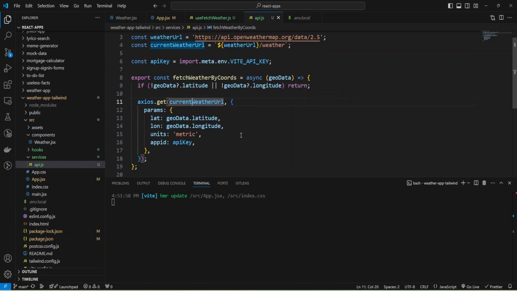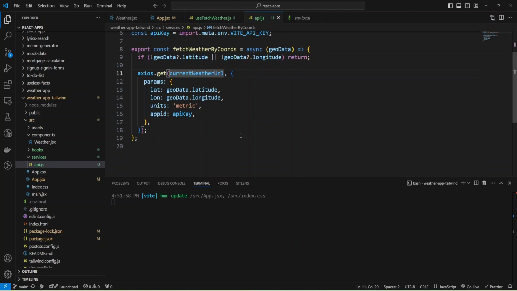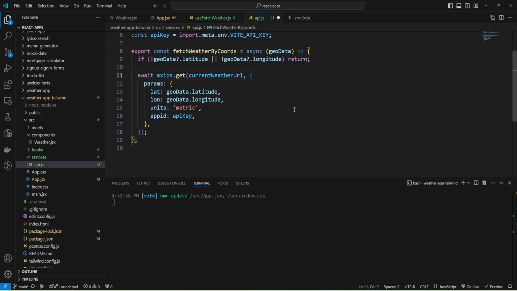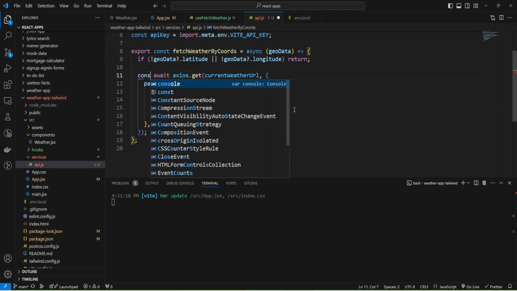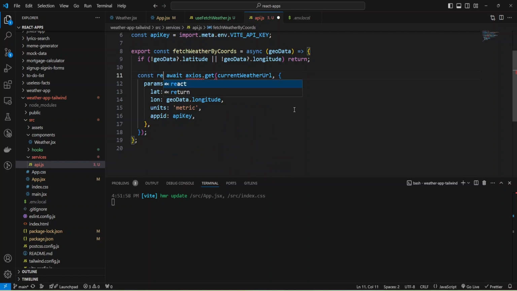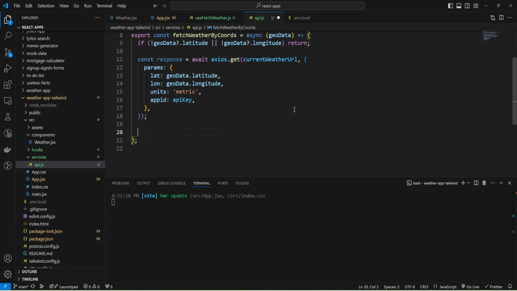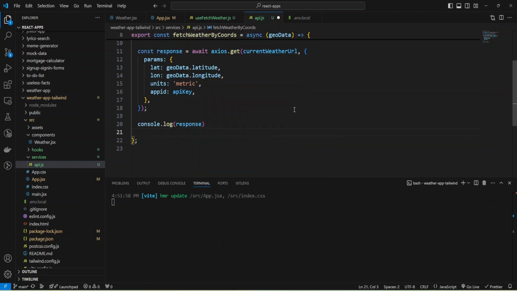So, and now we can add await and save the response to some variable. Let me do it, const response. And now I'm going to make a console log of response and return my response.